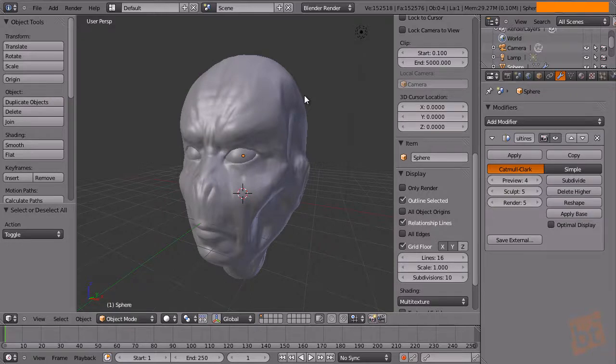Grease Pencil is quite an unknown feature, and a lot of people, at least a lot of people that I know, don't find it useful. But it is useful for a lot of things, mainly for reference work or for just annotations on the scene. I'll show you some of those things right now, but I'd like to talk about some possible uses of